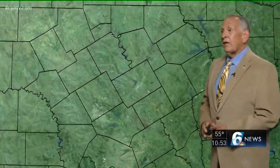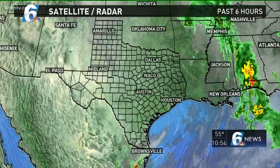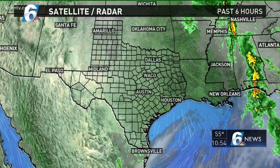We have formed a low pressure area that's kicking out to the northeast, no real impact on us. Our winds are getting lighter. They're going to shift tomorrow, and what we'll end up seeing then is another warm day because we're dealing with dry air. The other thing I thought too, with the winds dropping down tonight and starting to shift